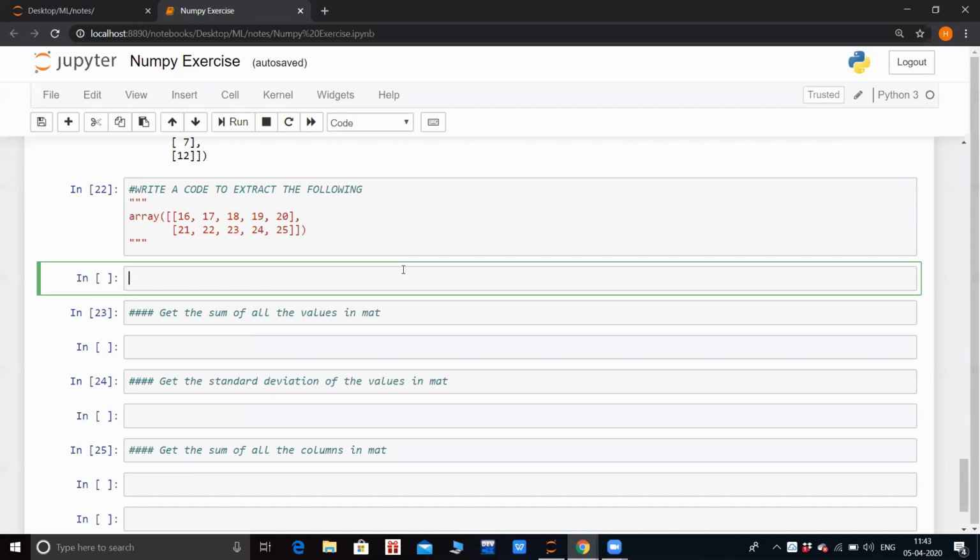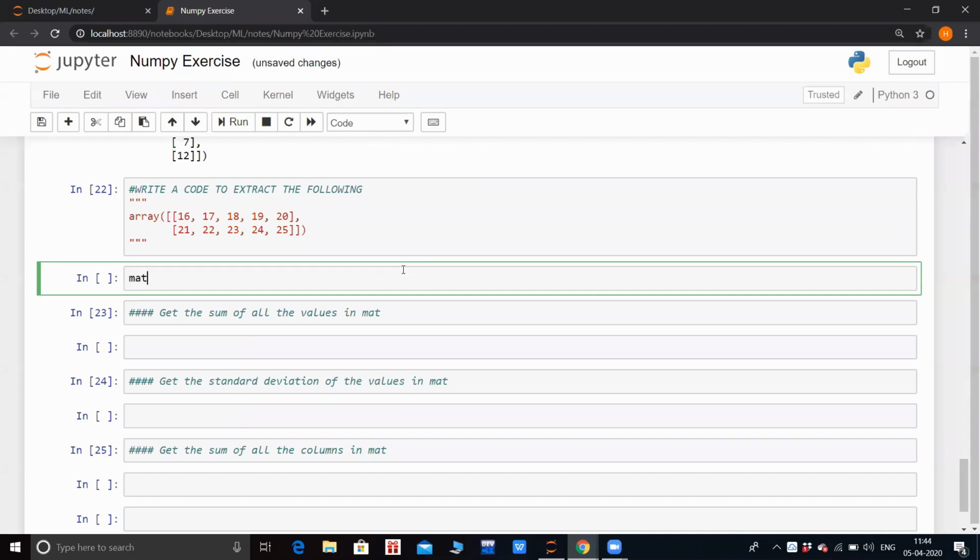You don't have to do anything for columns. Okay, this is very easy.